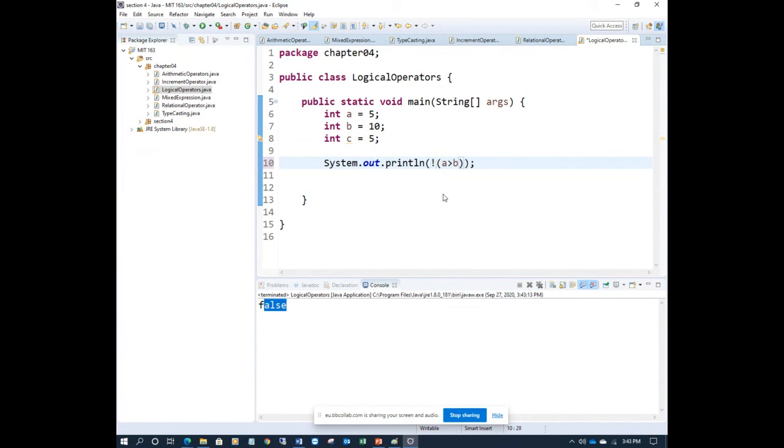See here, the whole expression. This is false. I say not false, it will become true. See, it becomes true. By adding NOT to this condition, this is the NOT symbol. Okay, so that's one thing.